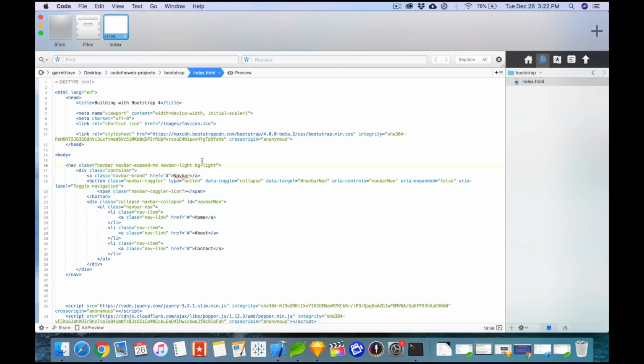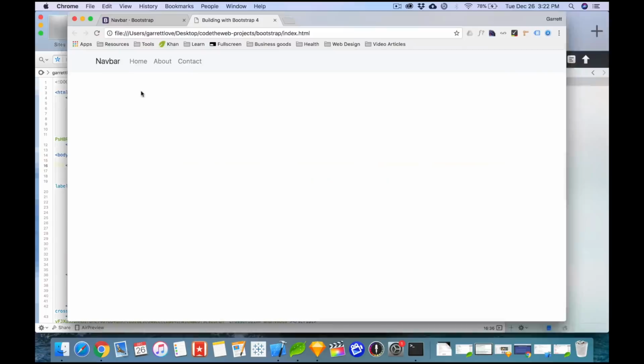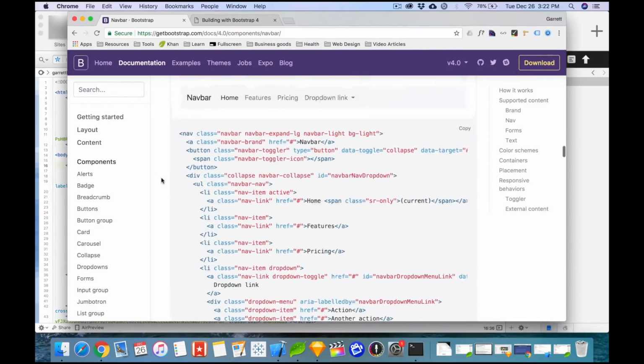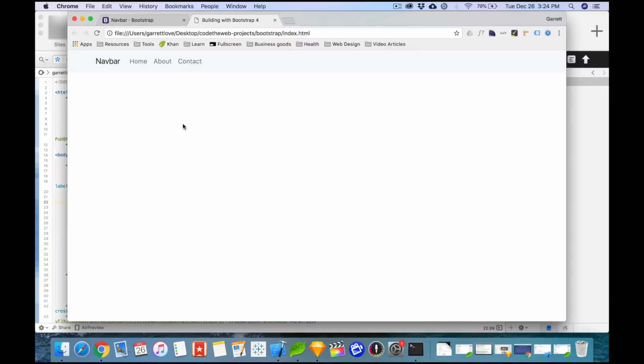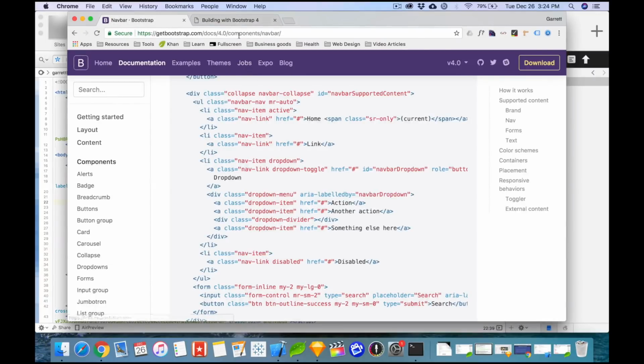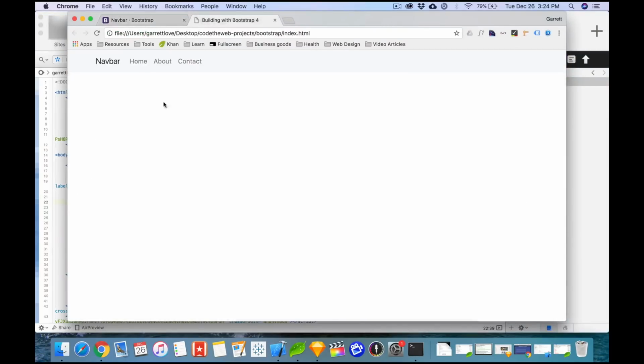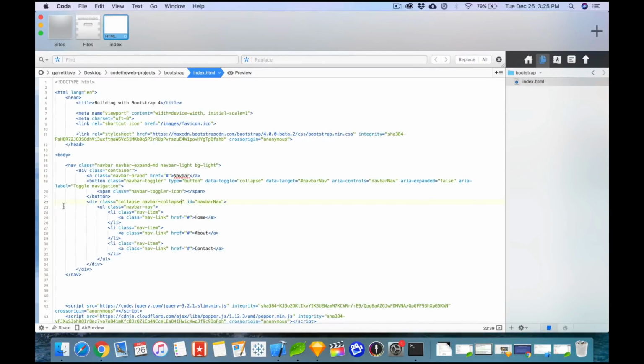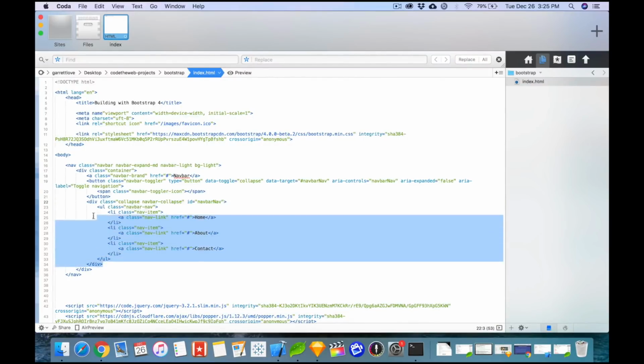It doesn't really matter. The next thing that we want to do is I want this menu to be over here on the right side. So let's take a look in the documentation, and we will see how exactly to do that. So I found it. It actually wasn't in this page, but just to use something that I'd use on my other website. What we're going to do to get this menu over to the right is we're going to come back into our code, go into your nav bar, and find where you see this line right here, just the div that encapsulates